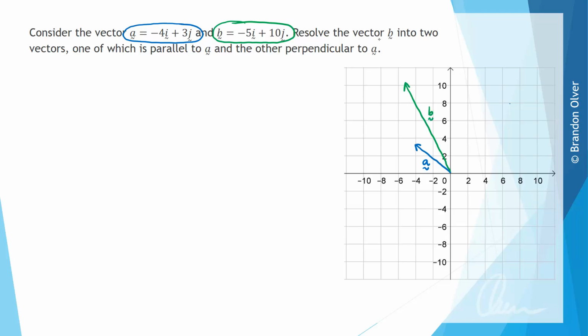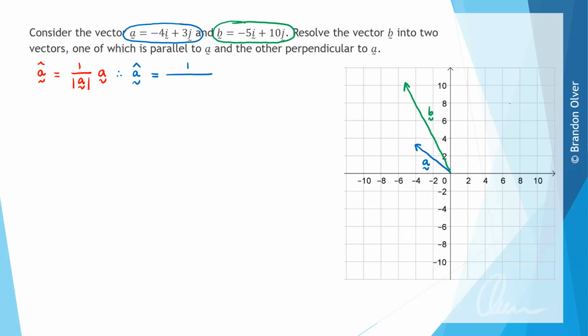To resolve the vector B into two vectors, one of which is parallel to A and the other perpendicular to A, we can see that the direction of A is important. So if the direction of A is important, that's the vector that we need to turn into a unit vector. So recall that a unit vector A is equal to 1 divided by the magnitude of A times the vector A. So therefore the unit vector A, which we have the hat symbol for, is equal to 1 divided